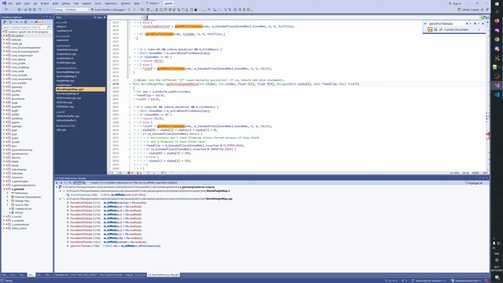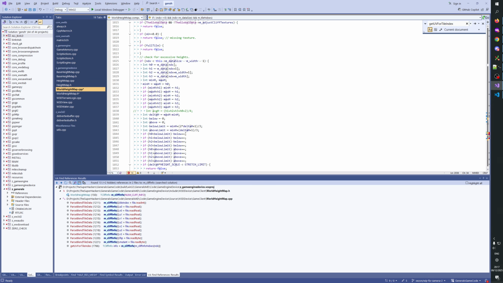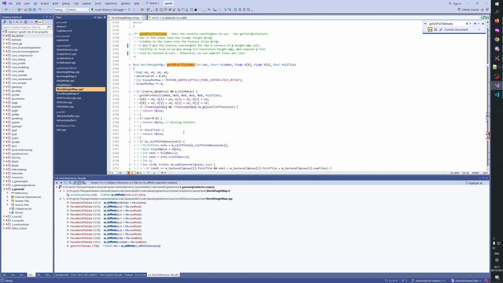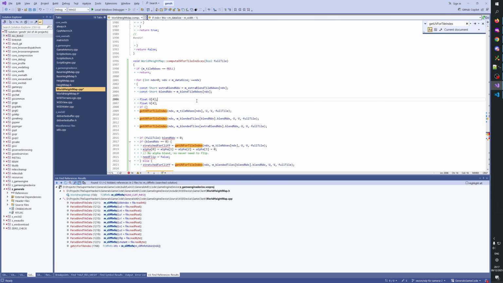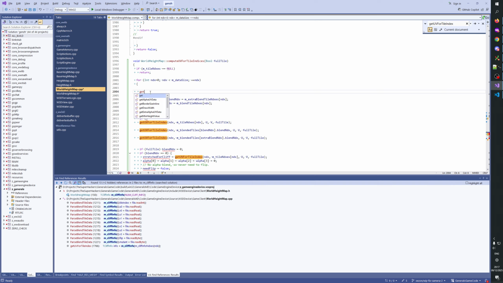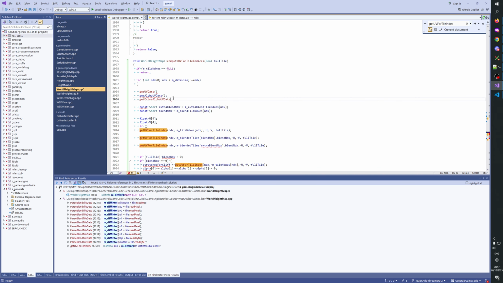But then, so maybe instead of doing all this, we do get alpha UV data and get UV data and get extra alpha UV data, and then in here we call